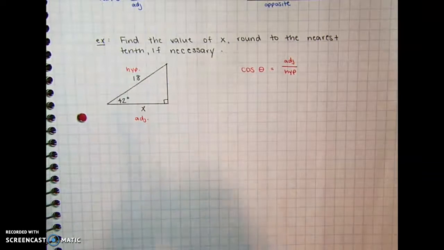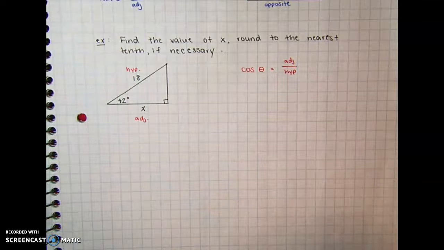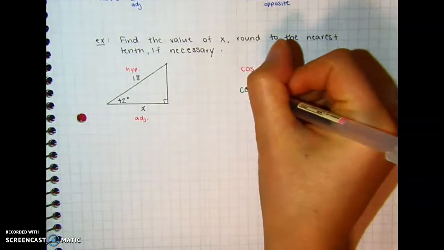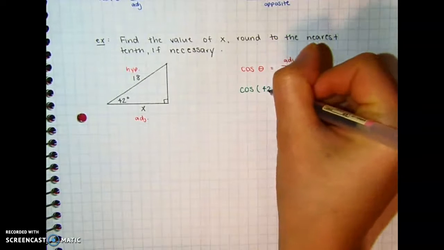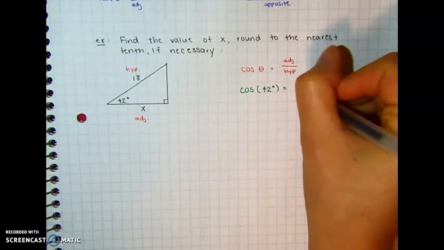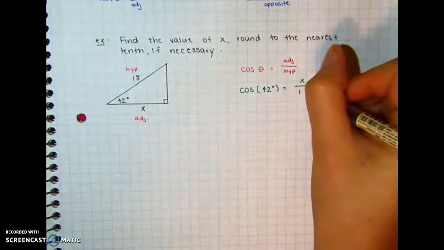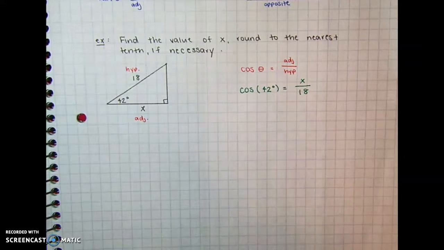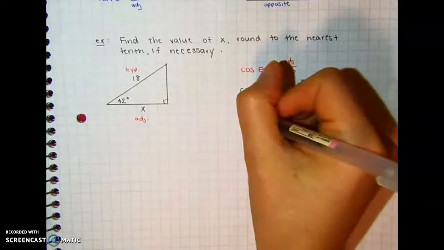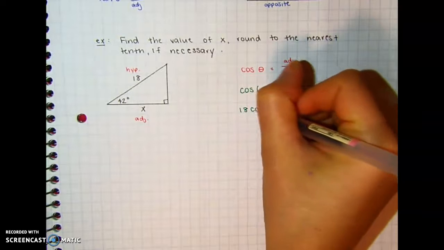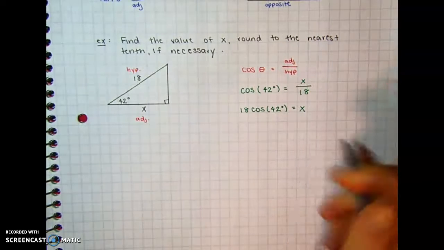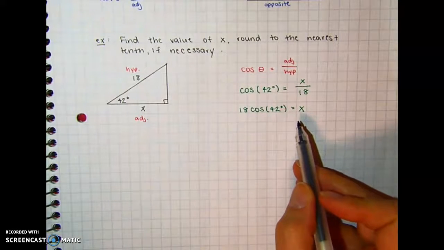Now, especially because we're remote, you need to show work. So you're going to start by substituting everything you know. That's the first bit of required work. So we're going to do cosine of 42 degrees equals, and the adjacent side is x, and the hypotenuse is 18. Now we want to get x by itself, so to do that we're going to multiply both sides by 18. We get 18 times cosine of 42 degrees. Now this is the exact answer,